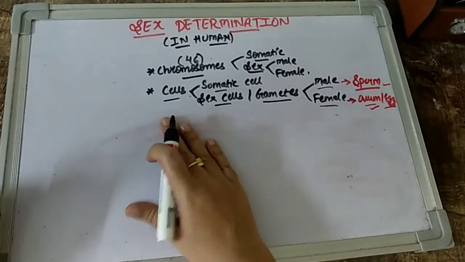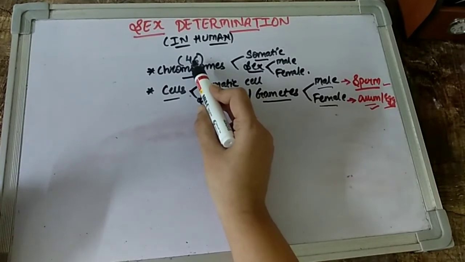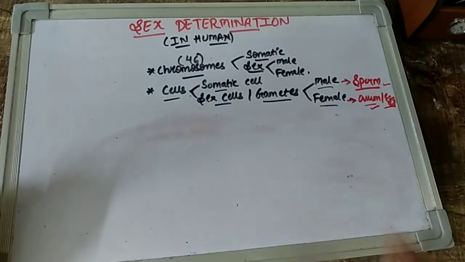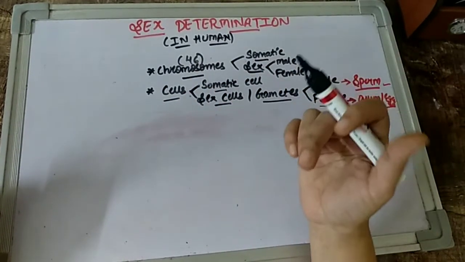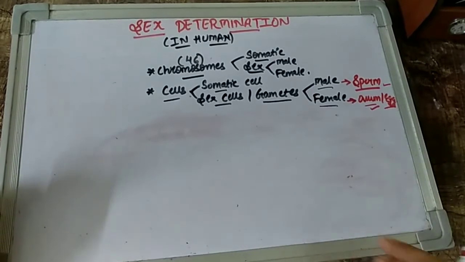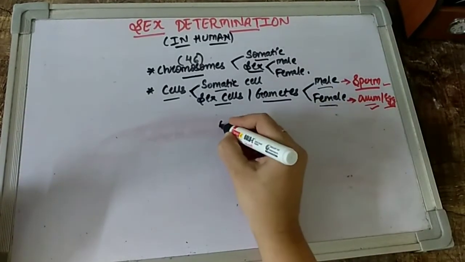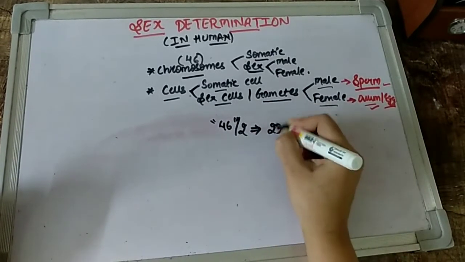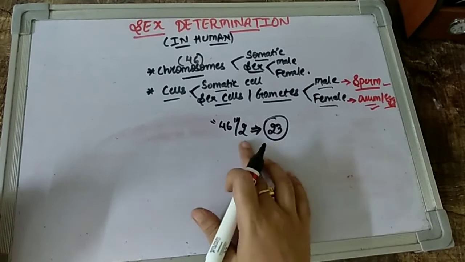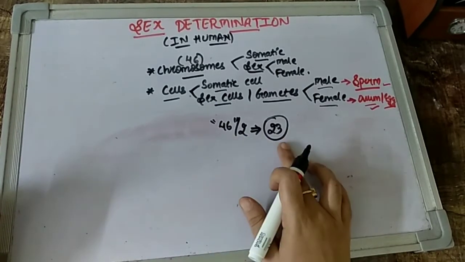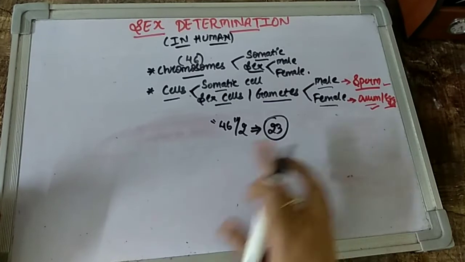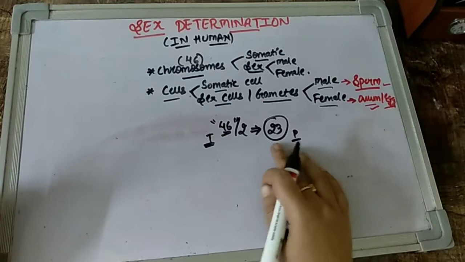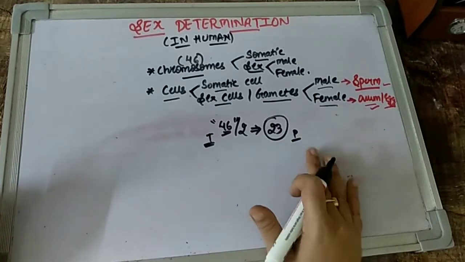In humans, children, the total number of chromosomes that we have is 46. Do remember that, and I think many of you even know about it. As you already know, these chromosomes occur in pairs. They are always there in pairs. So if a total of 46 chromosomes are there in pairs, how many pairs are we going to get, children? We are going to get 23 pairs, right? Because 46 divided by 2 gives us 23. So we can say either that we have a total of 46 chromosomes, or we have 23 pairs of chromosomes. That's one and the same.